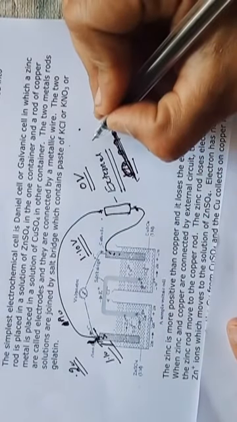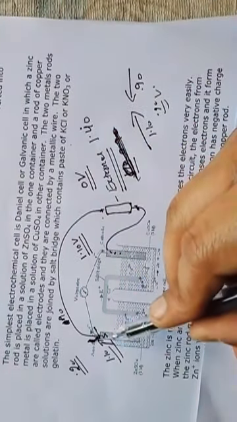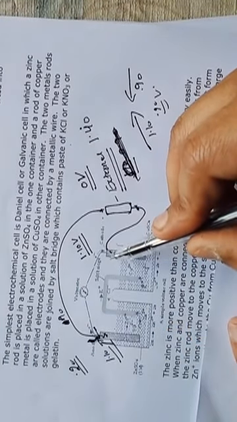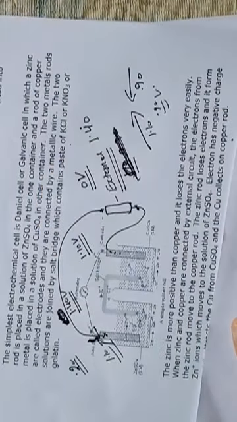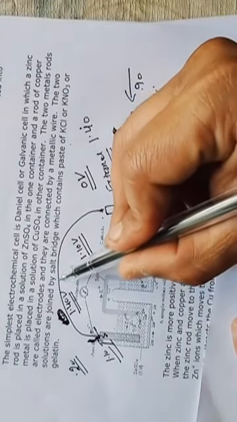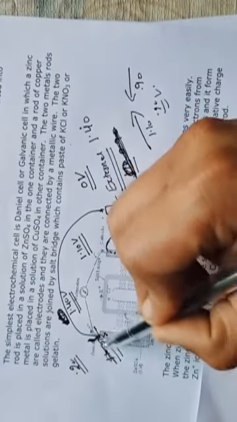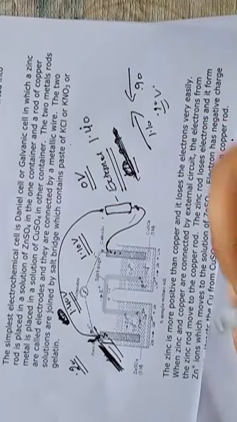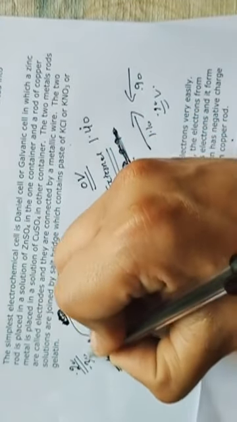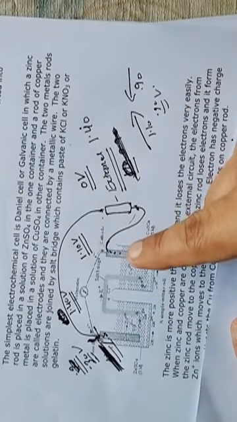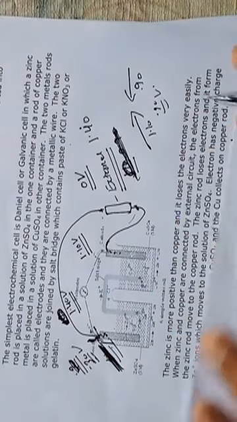And if the voltage of the external circuit is more than 1.10, like it is 1.40, now electrons are coming from the anode to cathode at 1.10 volt, but you applied an even higher voltage of 1.40 volt. So now what will happen? Now electrons will start moving from the cathode to anode. It means now the reaction will occur in the opposite direction, with a voltage of 0.30. Electrons will move from the cathode to anode and current will move from the anode to cathode.